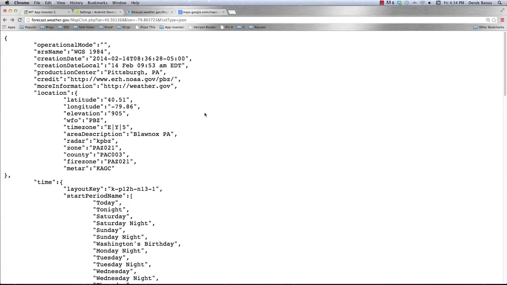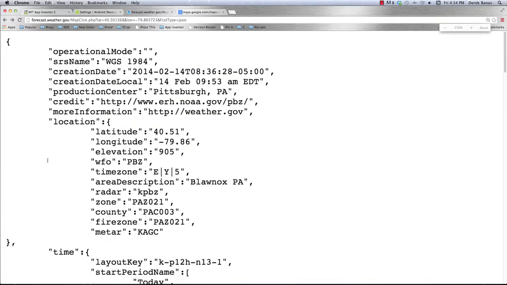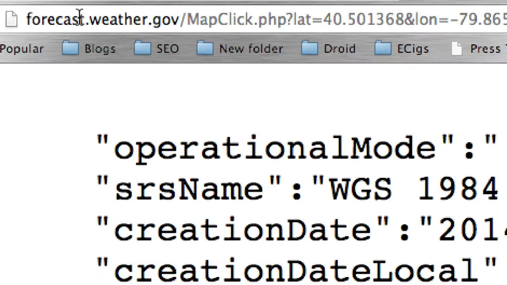Okay, so you're probably wondering what exactly JSON data looks like, or you might know. Most of my people that watch my tutorials know exactly what it looks like. But either way, here it is. This is the exact data we're going to be using. And this is where it's coming from,